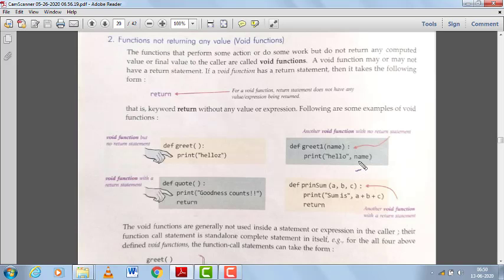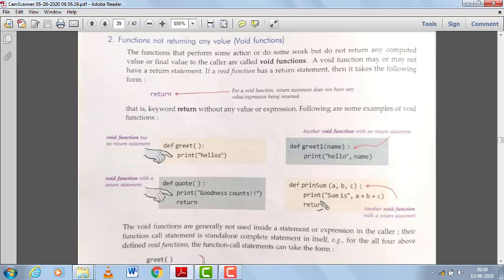We are using the value of the name variable, but we are not using the return keyword inside this greet1 function. That means it will return nothing, means None. def quote, we have used the return keyword, but we don't use any variable, constant, literal or expression with this return keyword. That means in this case again None will be returned by this function quote.